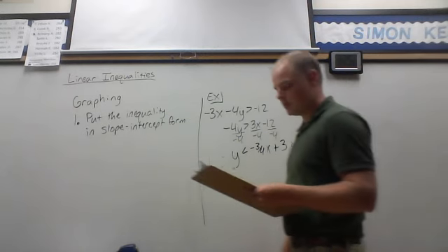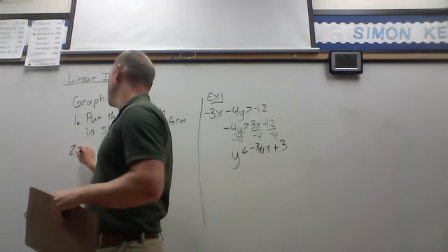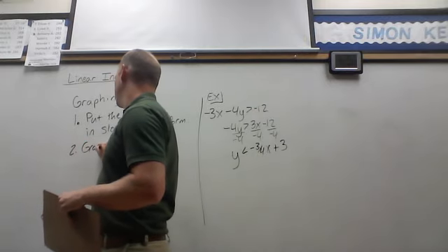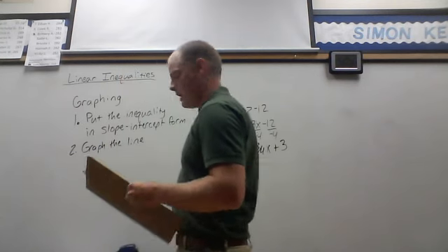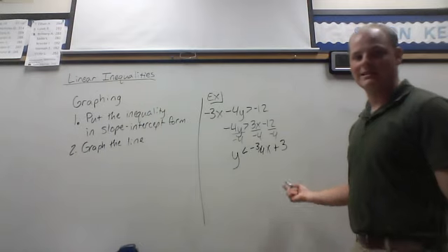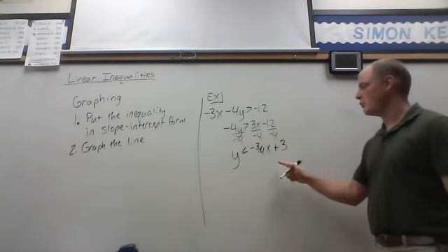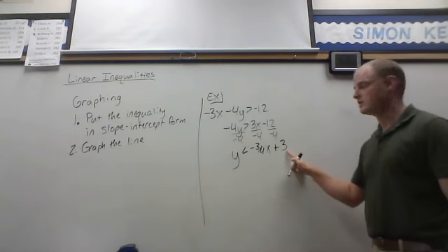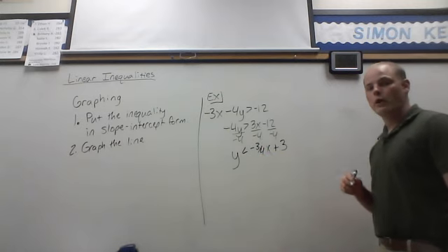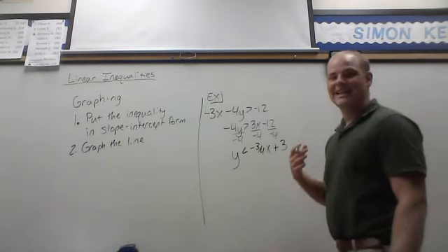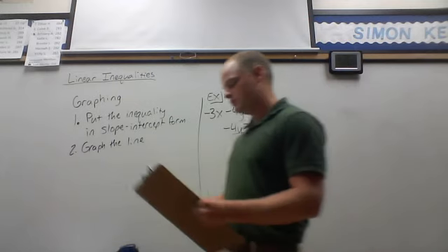The second step is to graph the line. Okay, the way that you graph the line is the exact same as when it was a linear equation. This is your y-intercept, and this is your slope. The only thing you have to be careful about when you graph is if the line is solid or dashed. So if you have